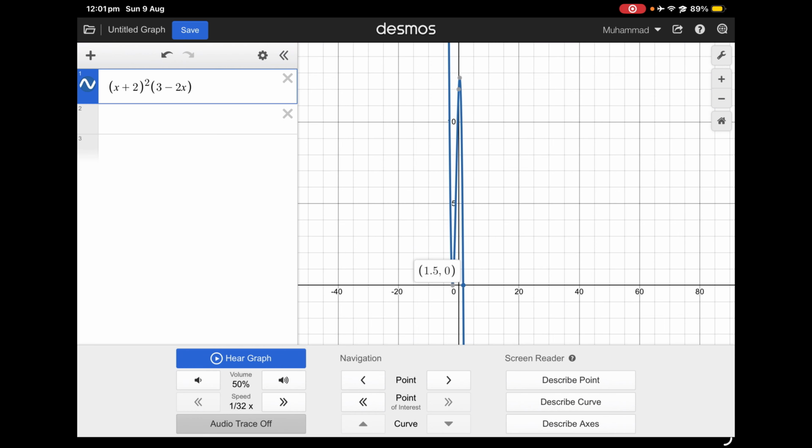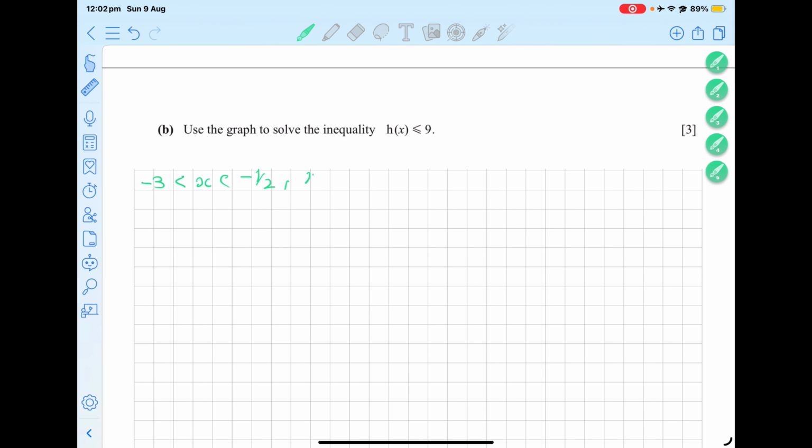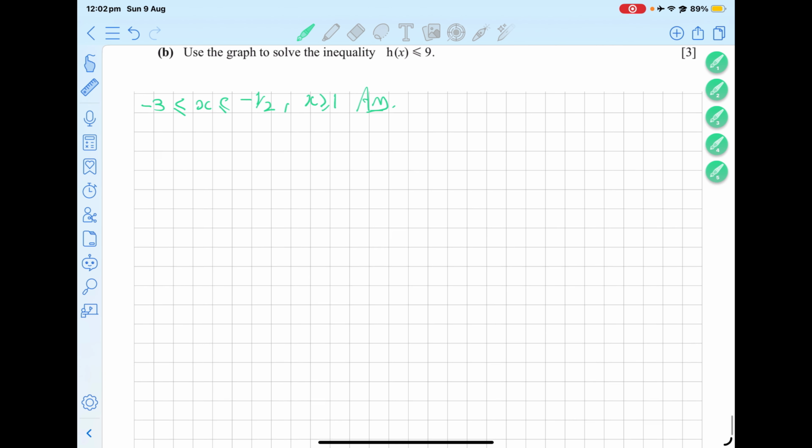These are the points of interest. Okay, whatever. So x is greater than 1. Whether it should be like this, so that's our answer. Okay, then